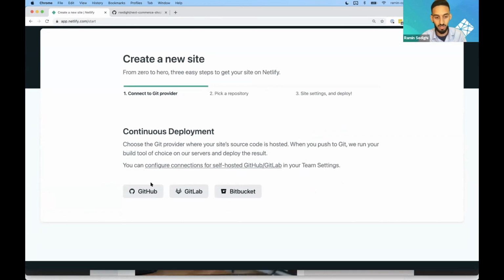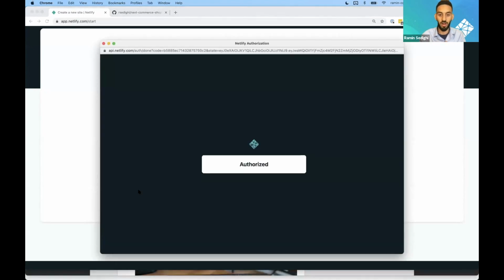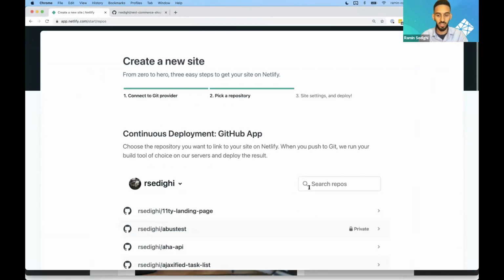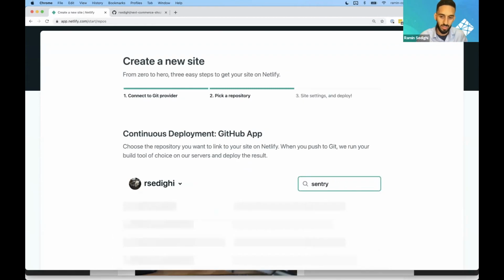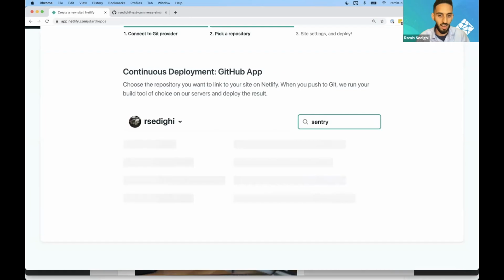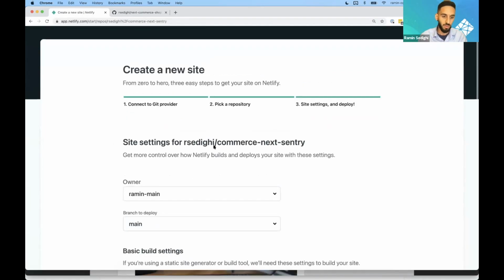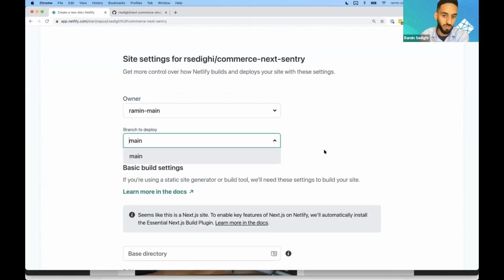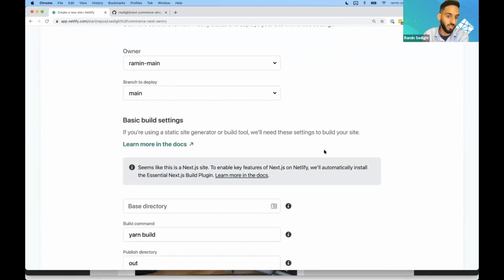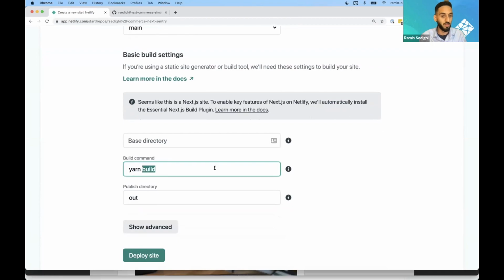In this configuration, right now we're using a GitHub repository. So we'll go ahead and check against the GitHub API. And in this specific repo, I think we have Sentry in the name, so we'll go ahead and click it and find that project. I have an option to deploy additional branches within this project and configure my build to the specific